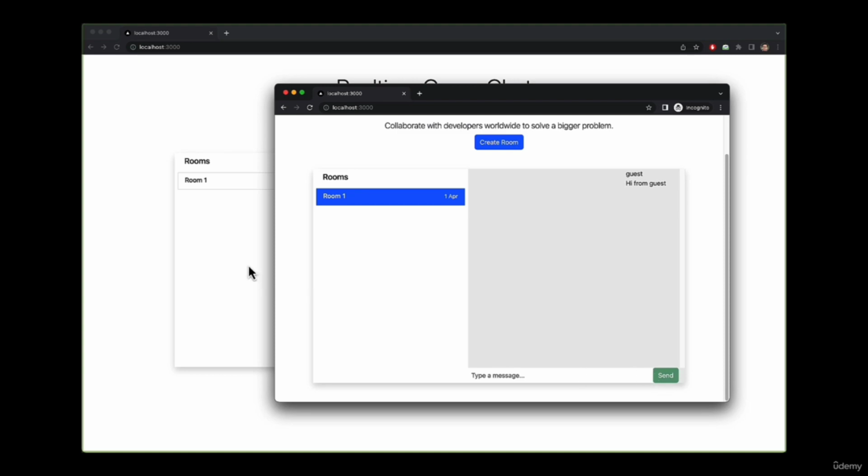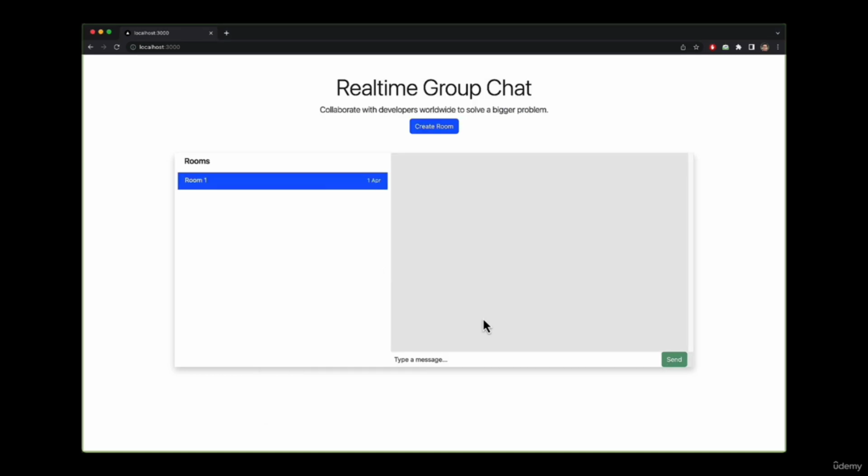and click on send. If we send it over here, we won't see a message over here right now because we have not handled an event for selected room. So we'll do that in a couple of minutes, but before that, let's send a message over here saying hi from Tawfiq and click on send. So once this is done, you can see that the message from guest also appears as well as message from me also is sent, and if I send it again, you'll see that the message has been received on the guest as well